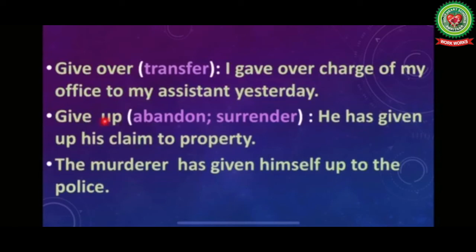Next is give up. Give up means abandon or surrender. Abandon children means chhodna. Surrender means atmasamarpan. See the sentence, he has given up his claim to property, means he has abandoned his claim to property. So instead of using the word abandoned or abandon, we may use the phrasal verb give up or given up,